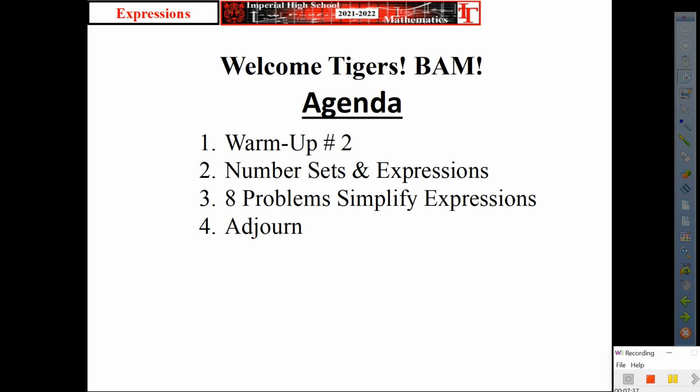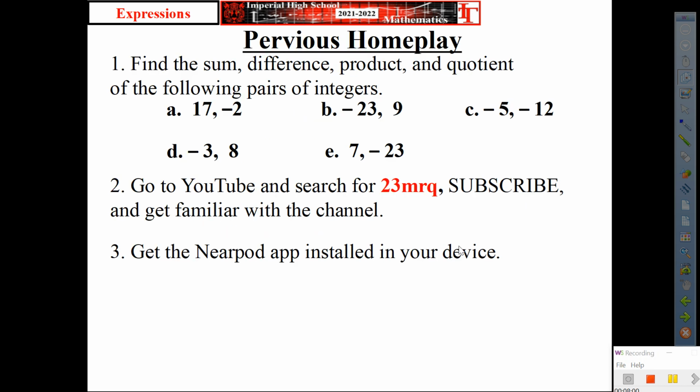Now, how is this going to work? On Nearpod, you're going to show me some of those answers, and I'll get to that in a little bit. But before I move on, for those of you watching the video online, write this code down for the session on Nearpod, where you can move the slides on your own and just follow along for the lesson. Your synchronous session code is DYG5T. DYG5T. This is for those that are watching online. Those of you that are here, I'm going to give you a new code. Okay?